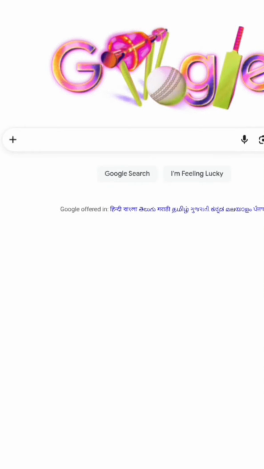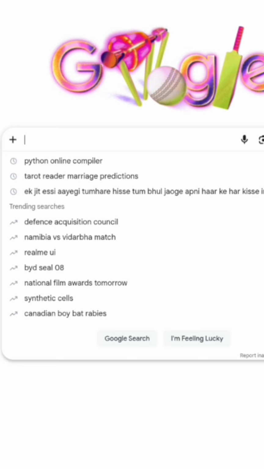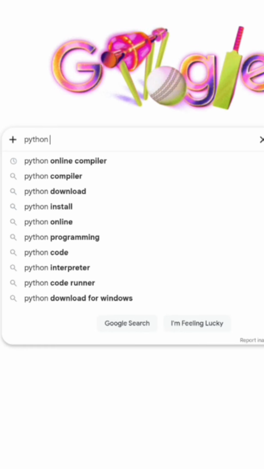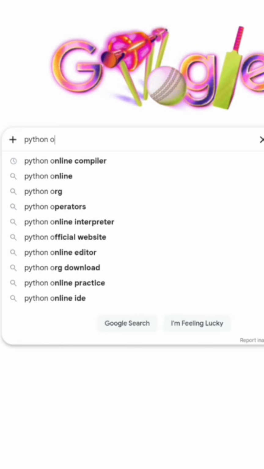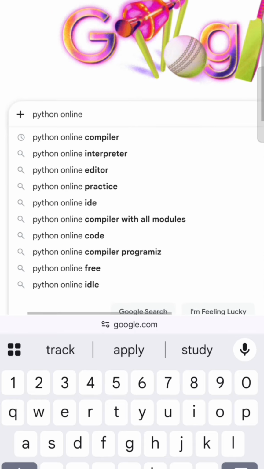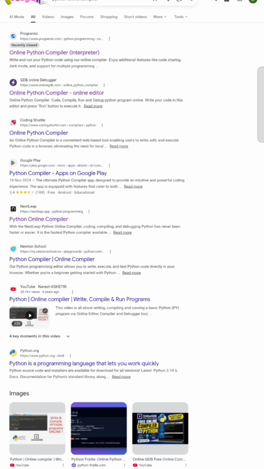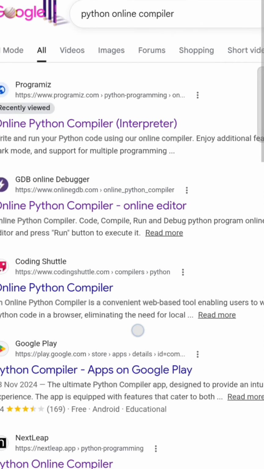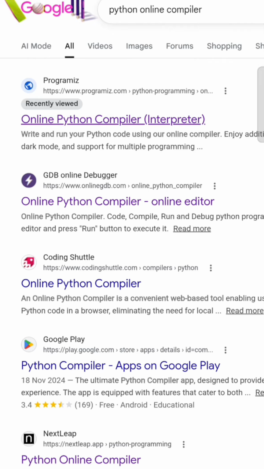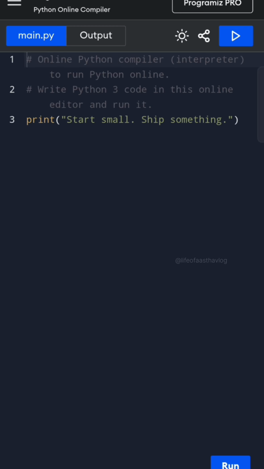In your mobile, firstly you have to open Google Chrome. After that you have to go in Google and type Python compiler, or you can also type interpreter. Select the first option, and now you can type all your Python programs here. Now we have an online Python compiler,